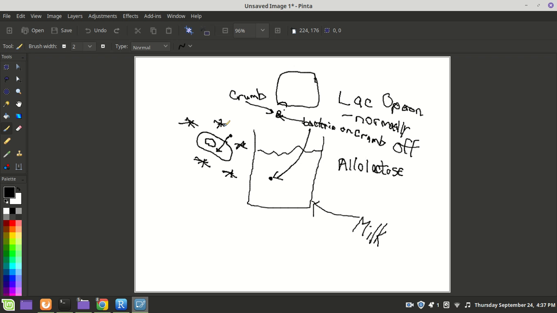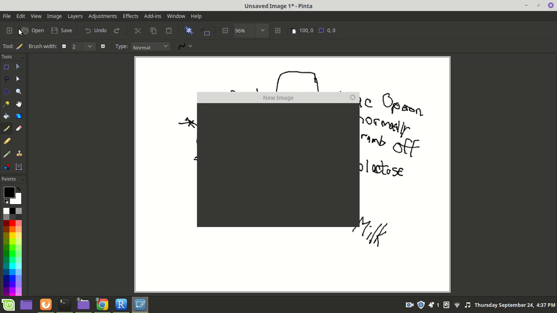Now at the pore, lactose can sneak in, and that's page to explain what's